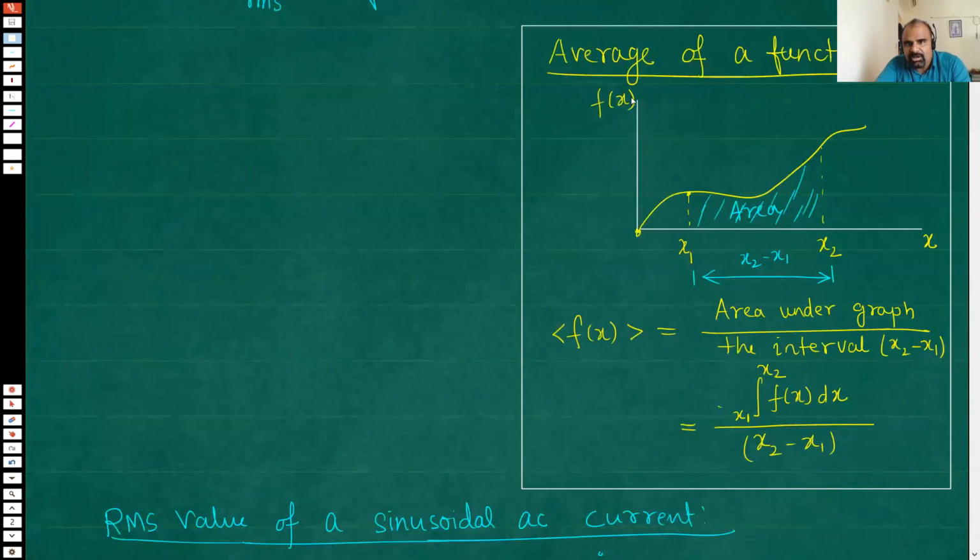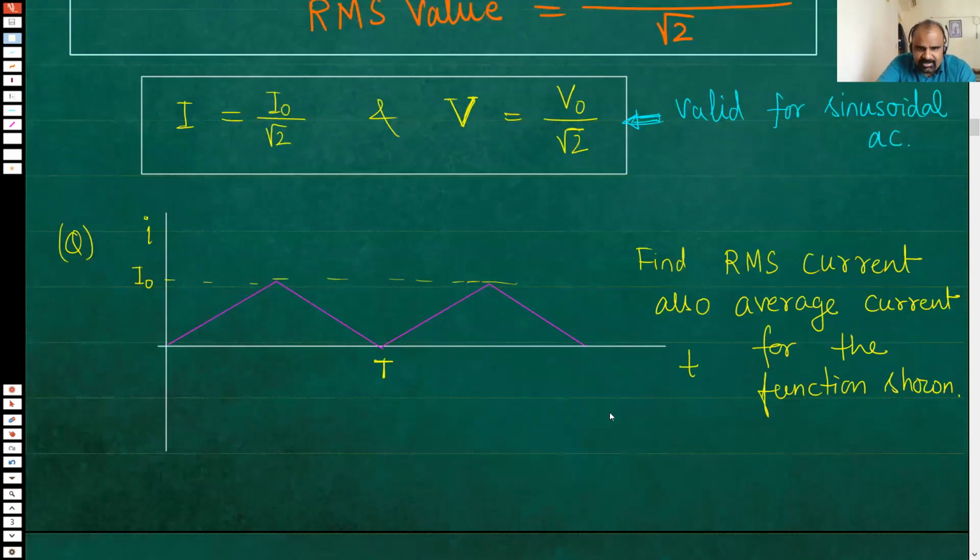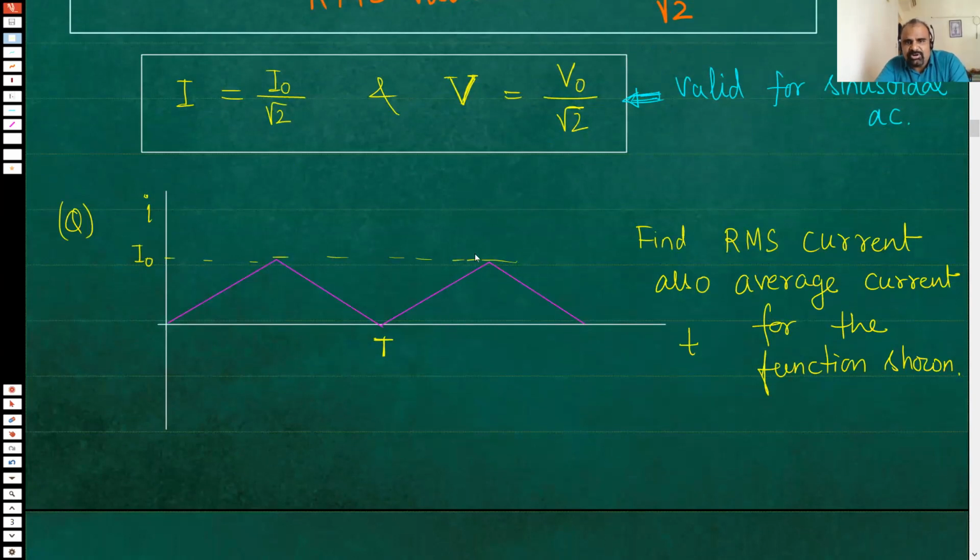I already showed you average of a function is found which way. This you will learn even in your mathematics class in area under graph, or maybe in definite integral itself. Now this time it is not a sinusoidal function. Had it been a sinusoidal function, it would have been like this, no? But that's not the case. It is triangular function. We call it triangular function, but the name doesn't matter. You can call it anything. Just find the RMS value and also the average value. So give it a try. I am sure you can do it. If you try hard enough, you will be able to do it.